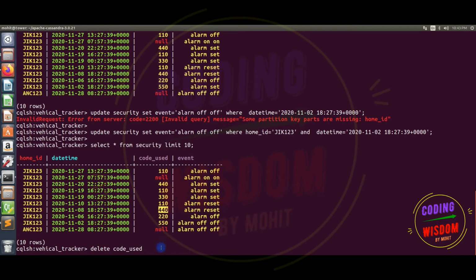Delete code use from security where home ID equal to, and date time equal to. So date time is what? This is the date time. Copy the complete date time and put it here.